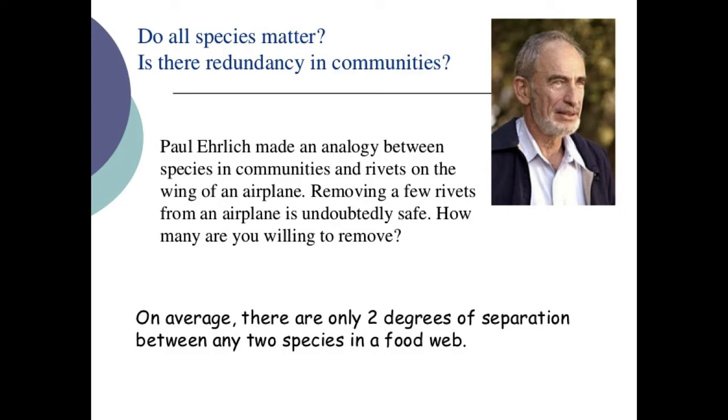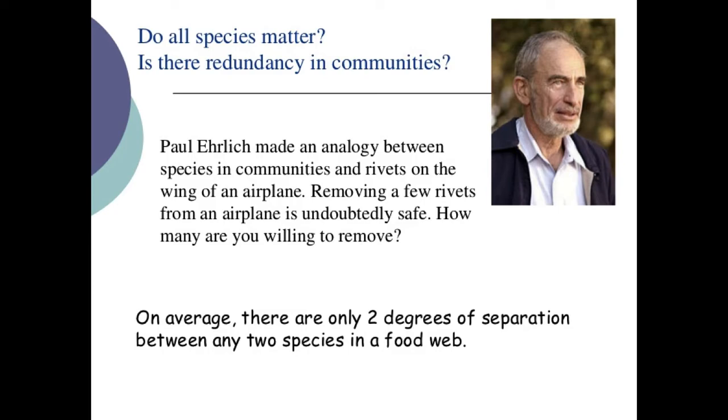When we're thinking about restoration, we also need to think about what we need to come back, and think about redundancy in communities. When we're restoring things, as I said, sometimes it's easier to do partial restoration than complete restoration. But how many species do we need to have a successful partial restoration? How far do we need to take it?